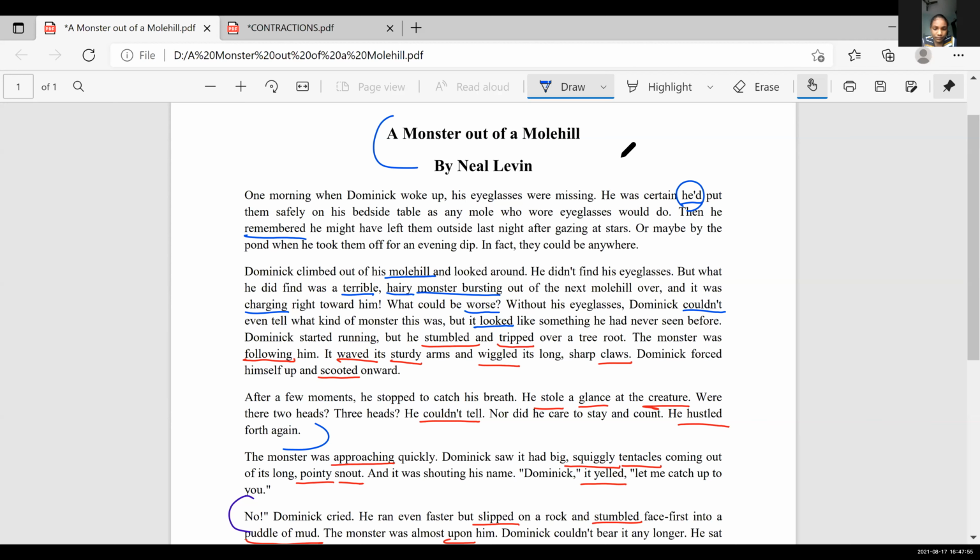Yes. So other than he'd, we also encountered another contraction. Couldn't, right? Could not, couldn't. Could not, he'd, right? Yes. So next,